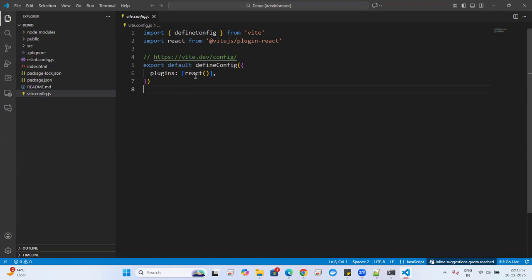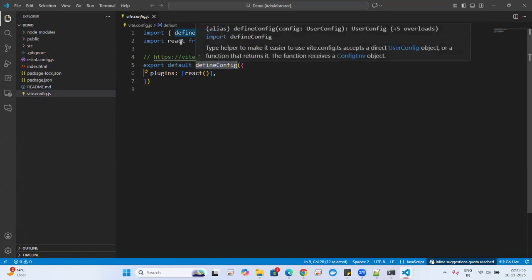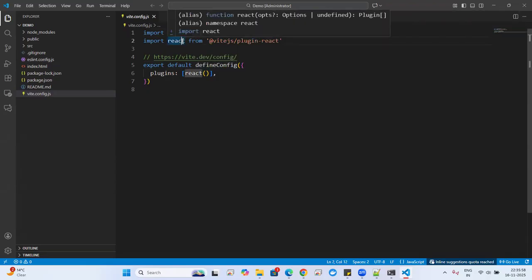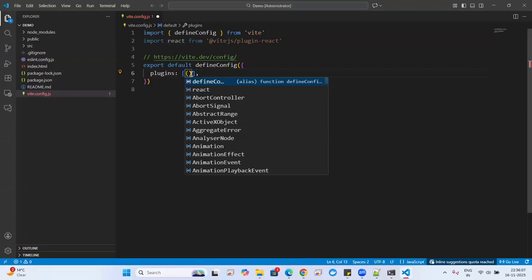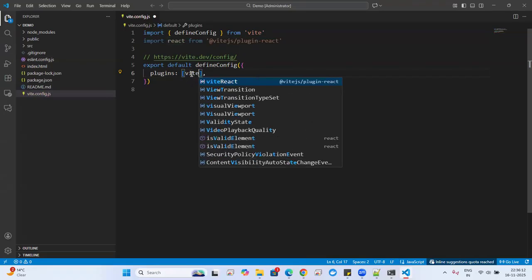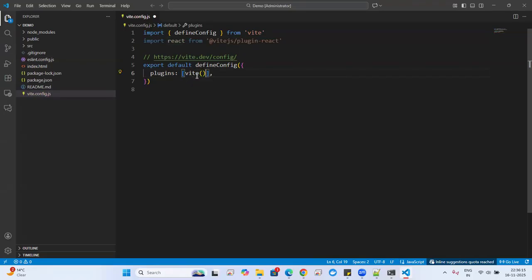Like this, this is a library that comes from Vite. And this is a plugin. Here, since we are using React, this React plugin comes here. Suppose if you are using another framework with Vite, then you can use that plugin according to your need. I am using React here, so this is the React plugin. Now I want to change the port. To change the port here, we can write